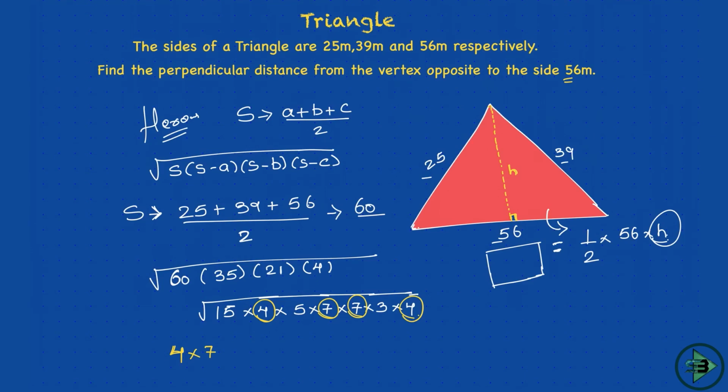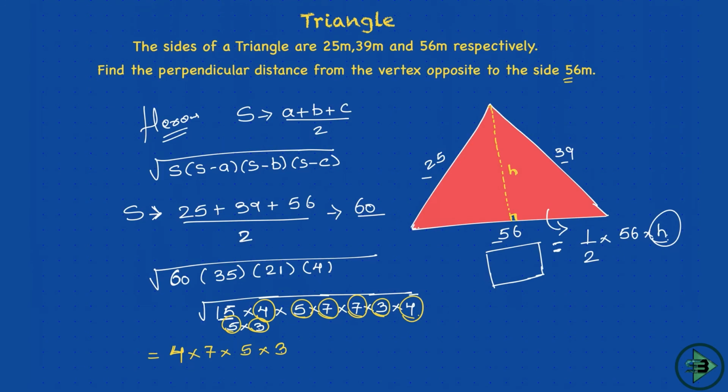Yes, now this 15 could be written as what? 5 into 3. So because of this, what will happen? This 2 5, and what will come out is 1 5, because that will be 5 square. And then 2 3s, so 3 square, what will come out is 3. That's it. You have taken out the square root, and this is your final answer.